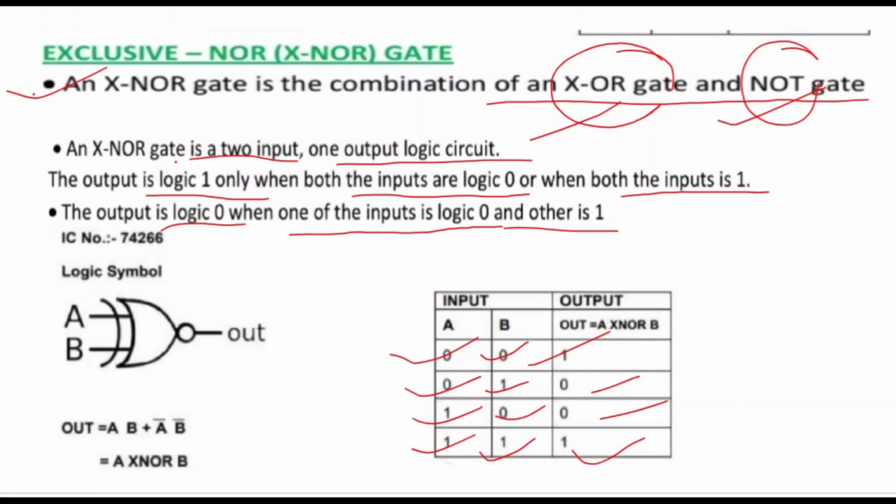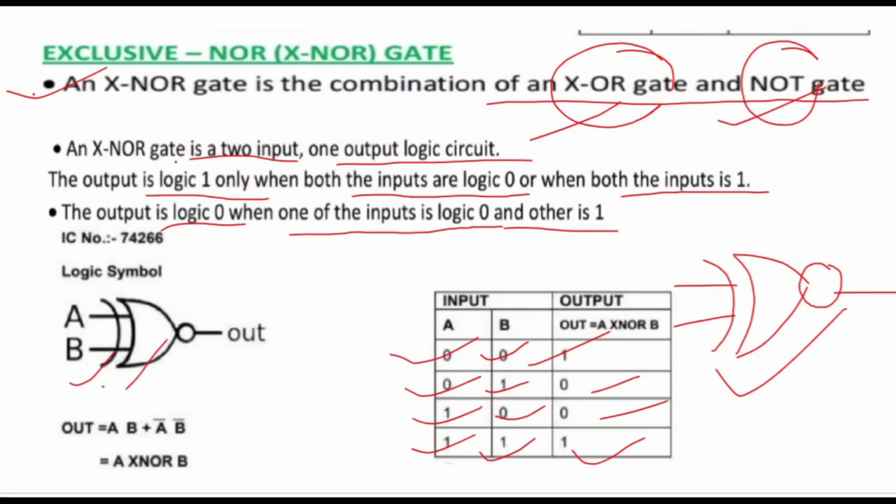The symbol of XNOR looks like the XOR gate but with a small extra circle at the output. It means the symbol of the XNOR gate is exactly the same as XOR, with a small change. We saw what XOR was: an OR gate with an extra curved line. This is the symbol of the XOR gate. But in the XNOR gate, there is a small change: a small circle in front of the OR gate. This circle shows the NOT operation. This is the symbol of the XNOR gate. Let's see: OR gate, one extra curve, this is the XOR gate. And an extra circle, this is the XNOR gate.